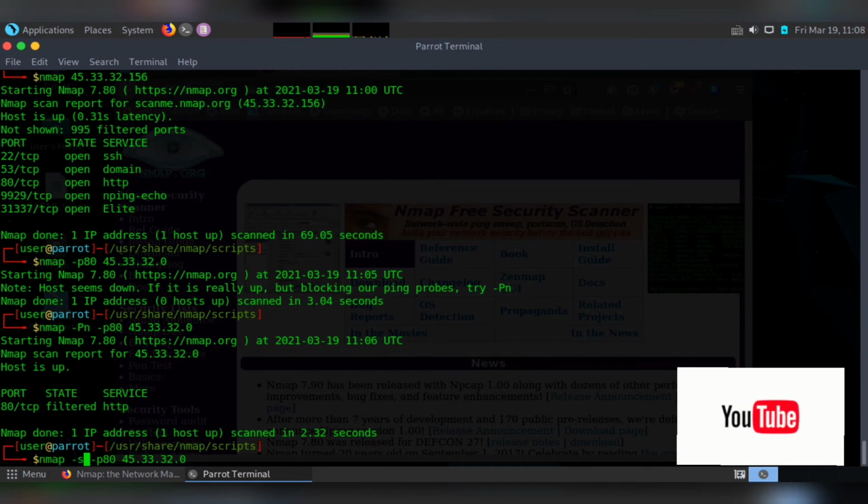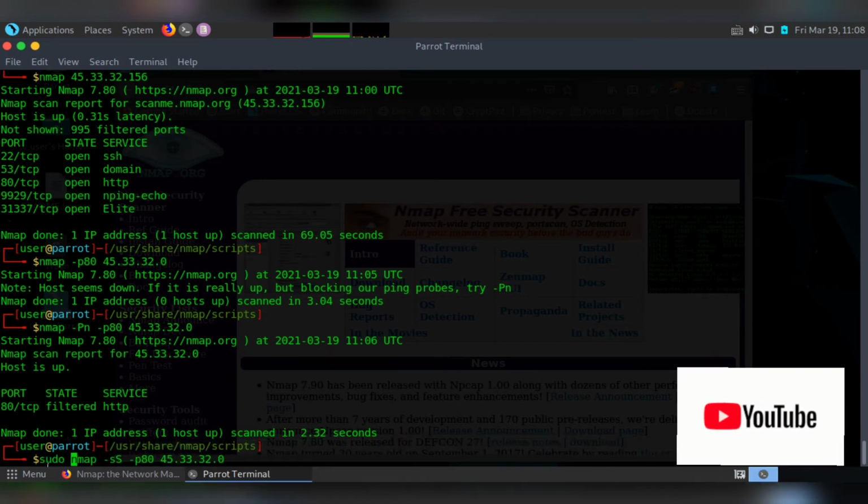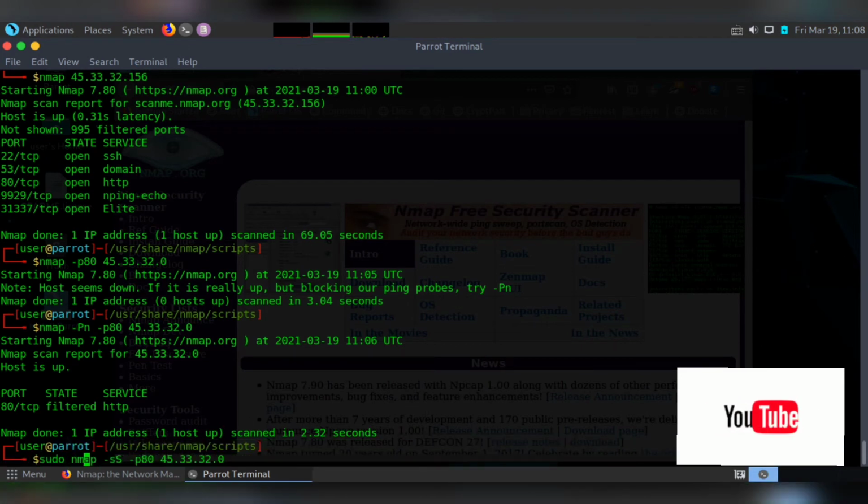It requires sudo privileges. It will not work without sudo, so you have to write sudo with it. Even though it is not creating any logs, for security purposes it requires sudo privileges, but -sT doesn't require it. The default scan, if you are not providing any scanning technique, is the same TCP SYN scan.